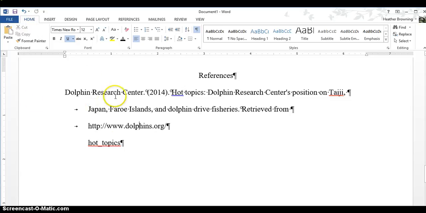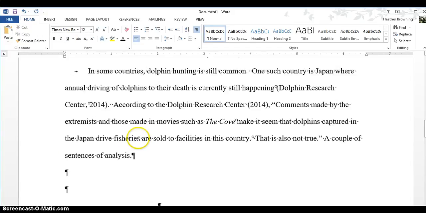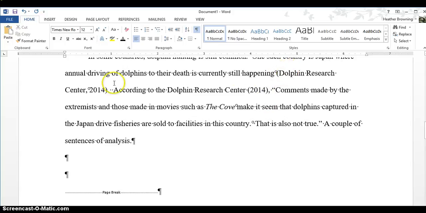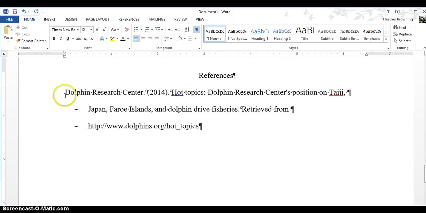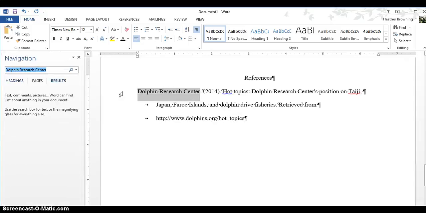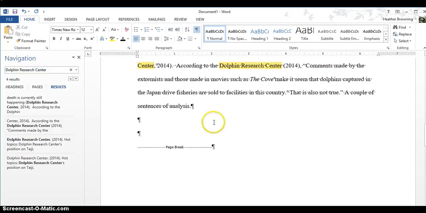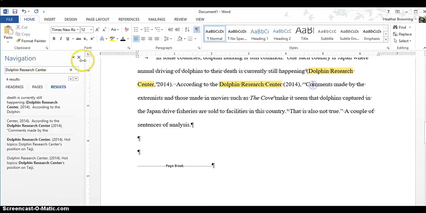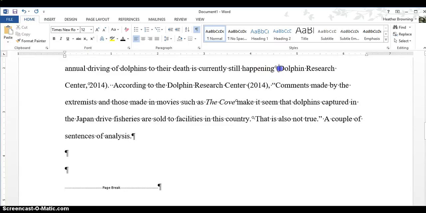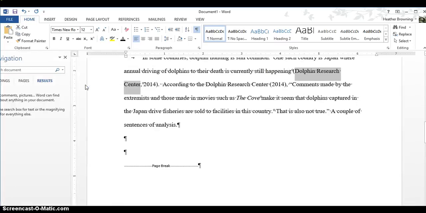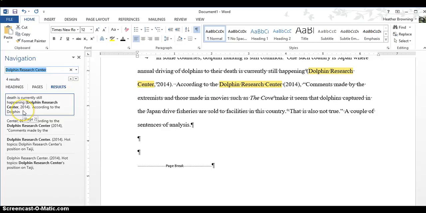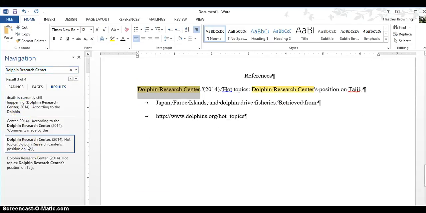So generally, author, parentheses with a date, title, retrieved from somewhere, right? Which looks so weird because it has lots of space. Okay, and then up here, you see it has the author, comma, date, or the author, parentheses, the date. Because what you need to be able to do is come here, go Control F, and then look over here and find those citations. Or the reverse, if I read something really cool in your paper or something I wasn't quite sure on, I would go over here and ask, where is that source? I want to know more about it because it's really cool or it's something I hadn't heard of. I go over here and I go, ooh, there's their full reference. So you want that